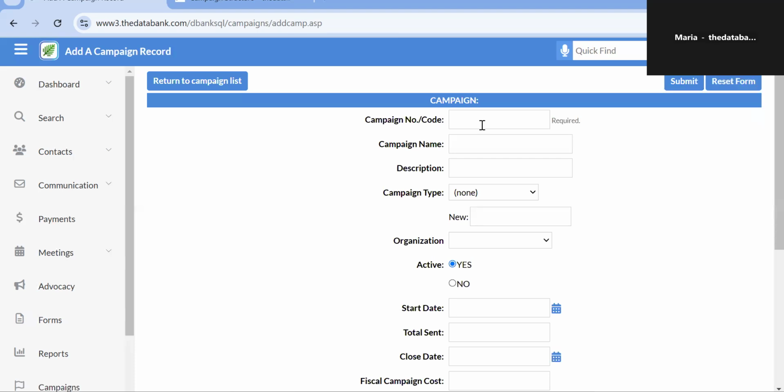So this is just going to be a unique identifiable number code for this particular campaign. It can be an abbreviation of what you are going to be creating. For example, in this example, we're talking about our fundraising events. I believe for the campaign number and code, there's a limit of 15 characters and no spacing is